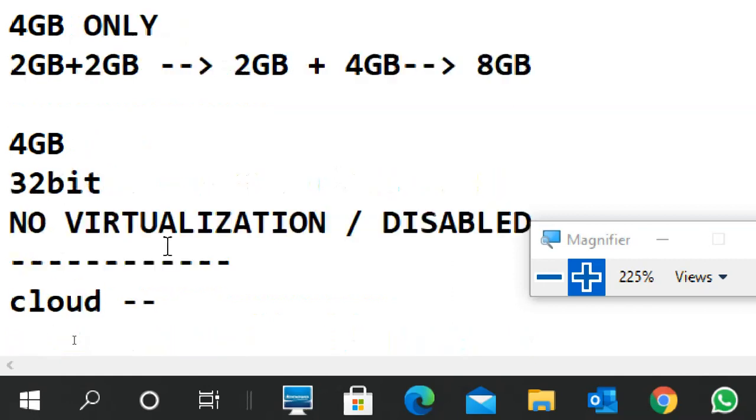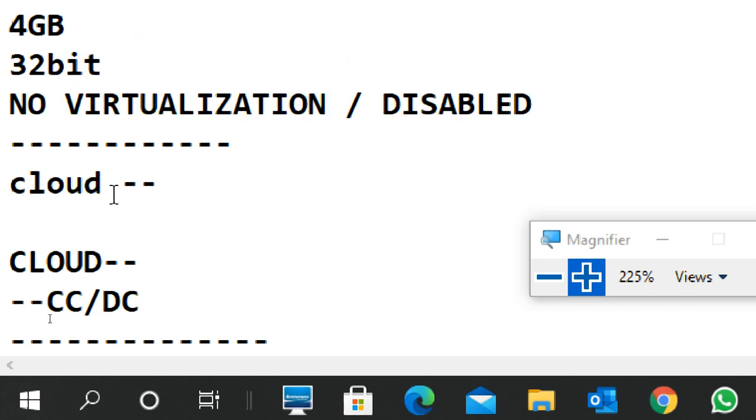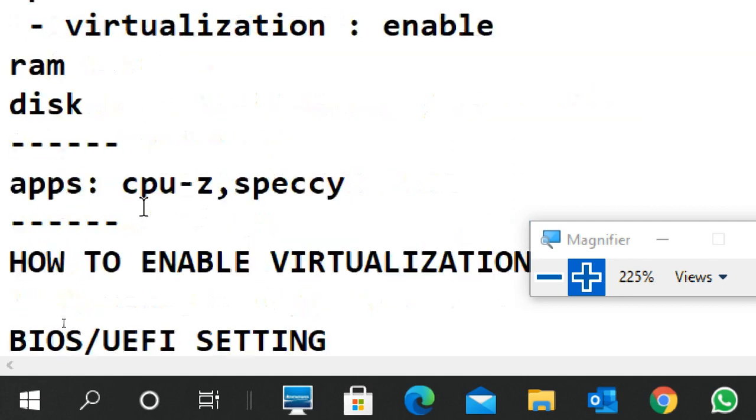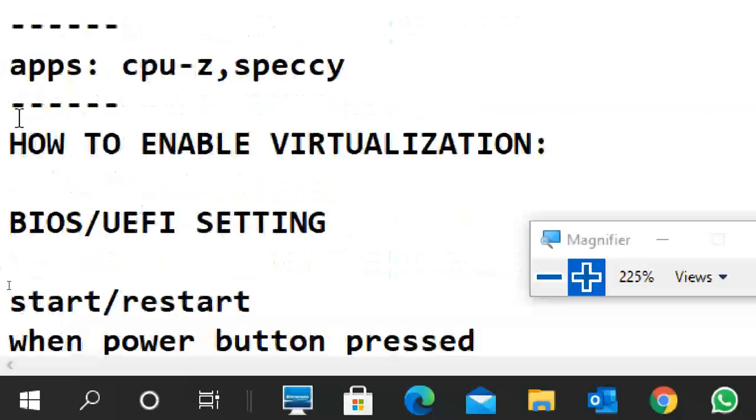And I already told you, if you have a 32-bit system with 2 GB or 4 GB RAM only, there is no virtualization. You can't offer a system, but you can practice inside a cloud. You need a little bit of knowledge to do it, but slowly you can learn it, and it is also a good thing. You need a credit card to do that. Going to the cloud also requires credit card or debit card verification. Okay, so this is about your system configuration.